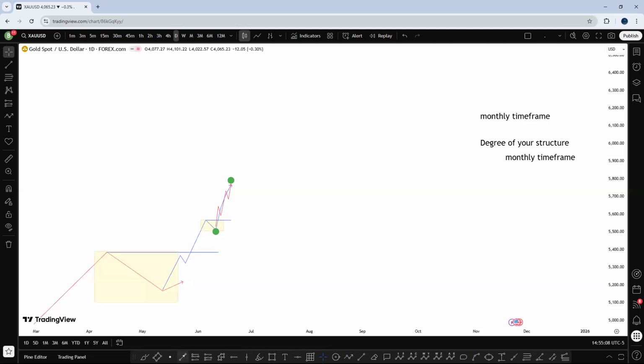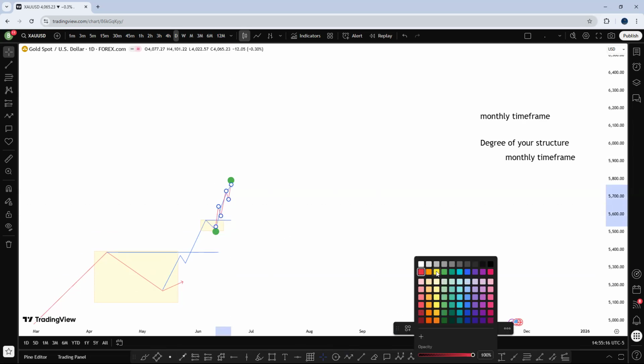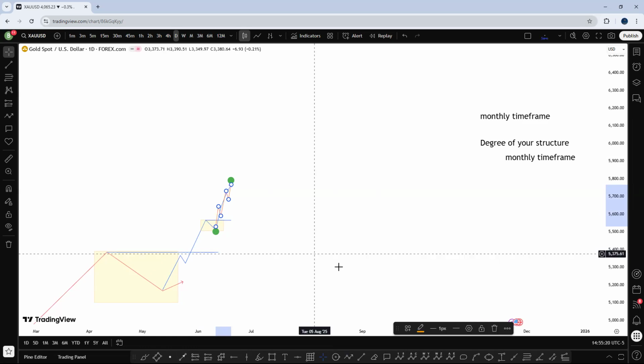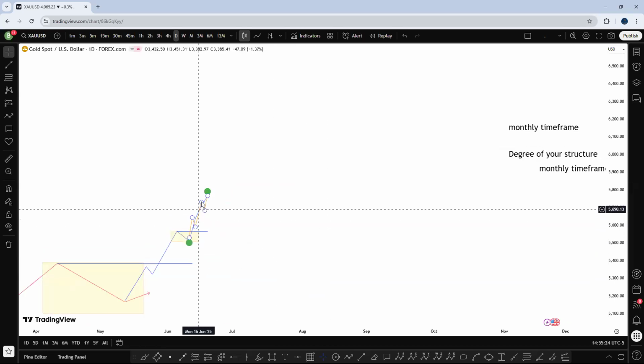And assume this is daily. Let me use another color. Assume this structure is daily. Let me use yellow, for example. Assume this is daily time frame. Now,